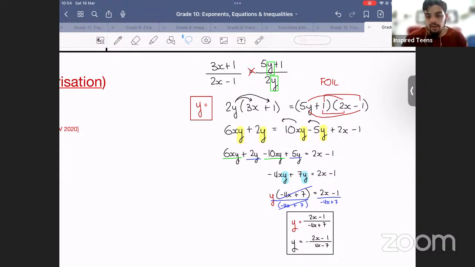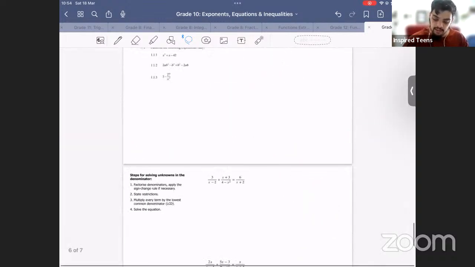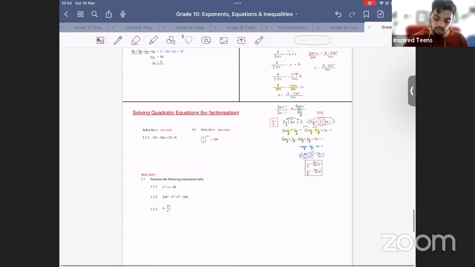But yeah, some require some extra skills, like maybe you have to factorize in some. You just have to try your best to leave it alone. Remember common factors. This is a key one, right? When you have multiple terms with that variable you want to leave alone, common factor is a good way to leave it alone. Okay, so let's end it there, and then next time we will do quadratic equations by factorizing